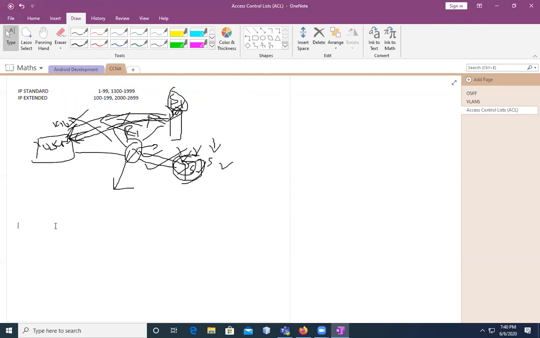Okay. Now configuration. ACLs. So to create a standard access list on a Cisco router, we can use the